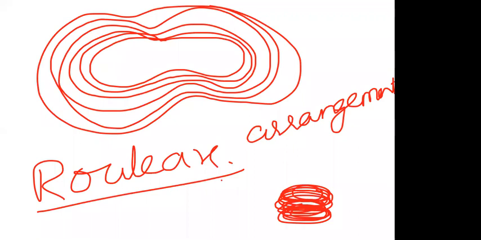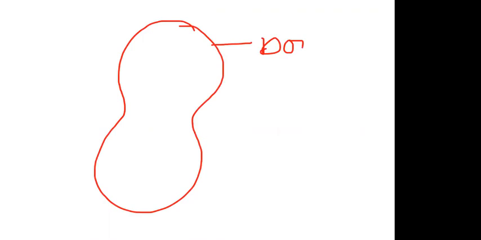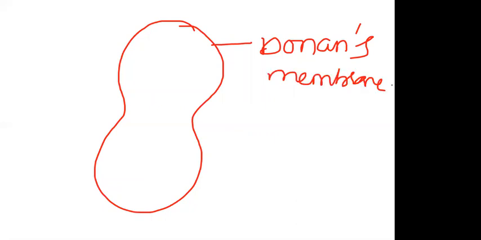This kind of arrangement facilitates that, in the smaller blood vessels and blood capillaries also, the RBC can move freely. So that is the advantage of the arrangement. Next, the mammalian RBC is surrounded by a plasma membrane, which is in general called Donnan's membrane. The membrane of mammalian RBC is said to be Donnan's membrane.